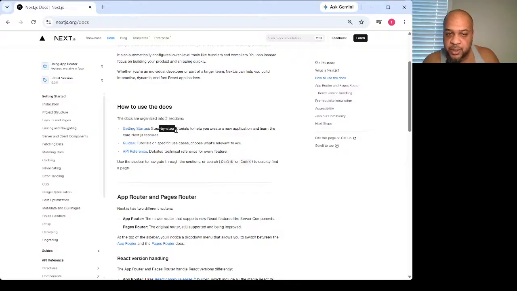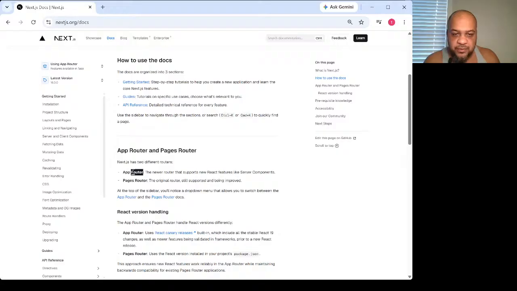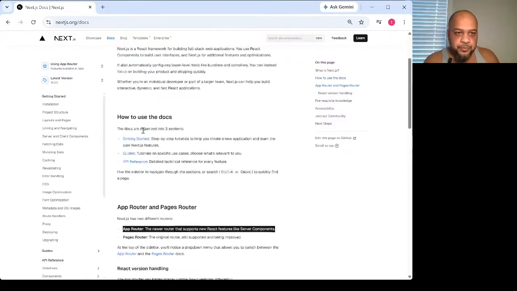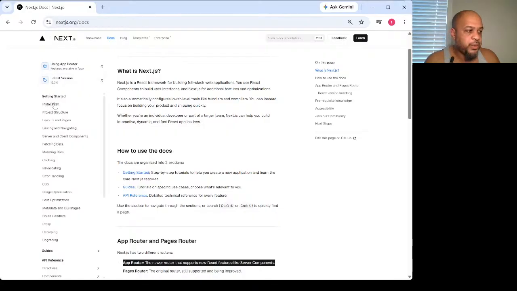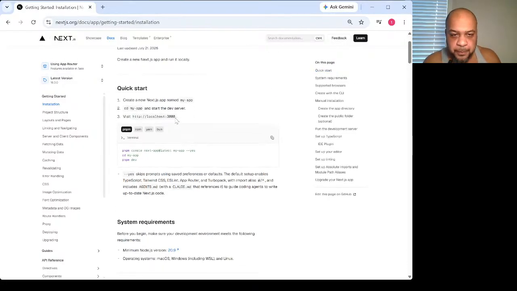The documentation is organized into 3 sections. Get started is the step-by-step tutorials to help you create a new app and learn the core Next.js features. There are guides, tutorials on specific use cases. Choose what's relevant to you, and the API reference, which is the detailed technical reference for every feature. So we'll be taking advantage of the newest feature, which is the app router. And from the docs, if you click on installation,